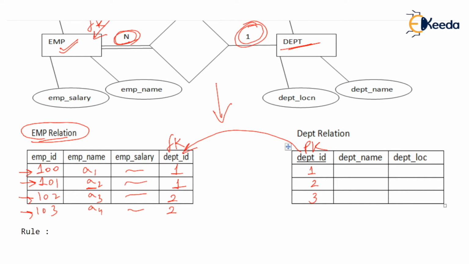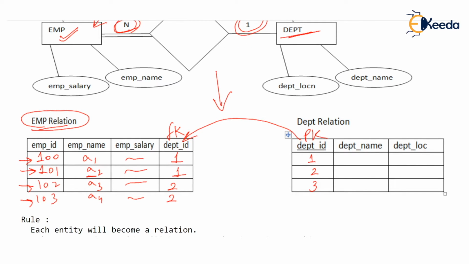Now, something more interesting I am telling you. Just check. Imagine there is employee 104, A5 is the name. And we say this employee has some salary and works for department number 4. Nonsense. This is wrong because we don't have any department number 4. What that means is some department number can exist here in the foreign key only if that department number exists in the department relation. Come on, please tell me, how can you have an employee working in the 4th department when you don't have a 4th department, isn't it?